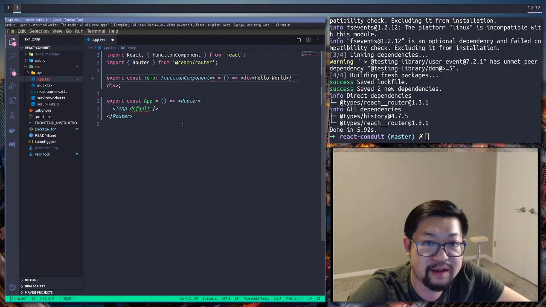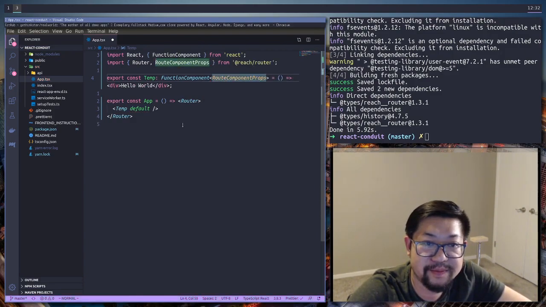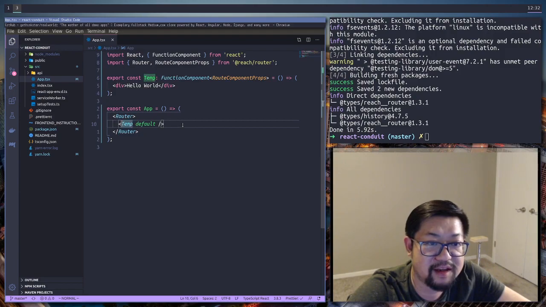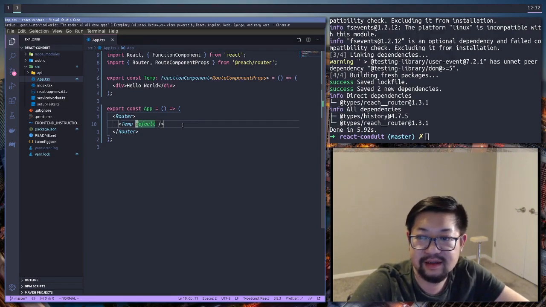And the type is going to be RouteComponentProps, and that will allow us to define props given to us from Reach Router in our regular components. So that's the default. Default is just a catch-all, so it's a wildcard. Every path will go to the hello world. So let's start that,